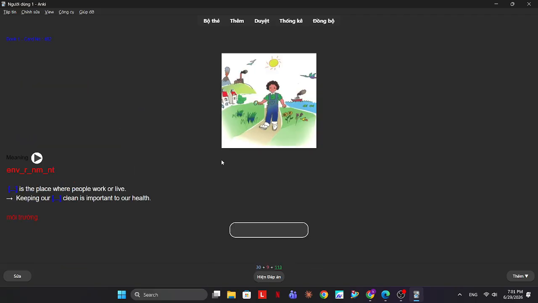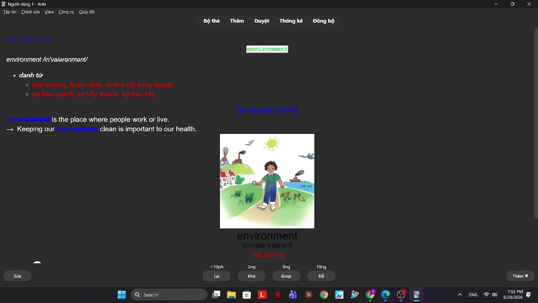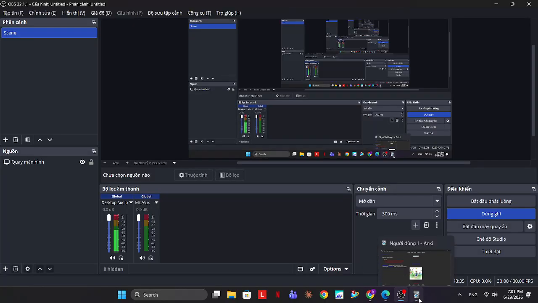Lower. The environment is the place where people work or live. Environment. Keeping our environment clean is important to our health.